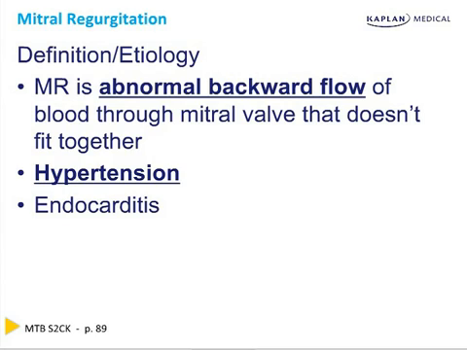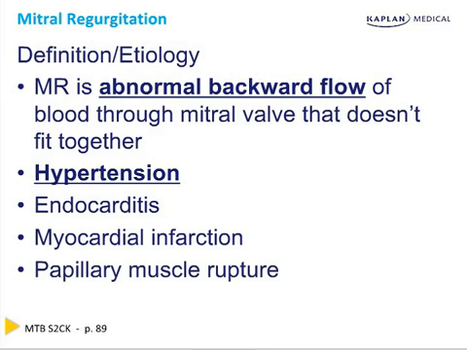Or endocarditis, making the valve leaky as it cooks that valve and burns through it, and then the valve just becomes leaky, which makes it dilate up some more. Now, papillary muscle rupture from myocardial infarction is a cause of acute mitral regurgitation. You acutely infarct, and the papillary muscle dies, and it's like the float in a parade getting loose by the